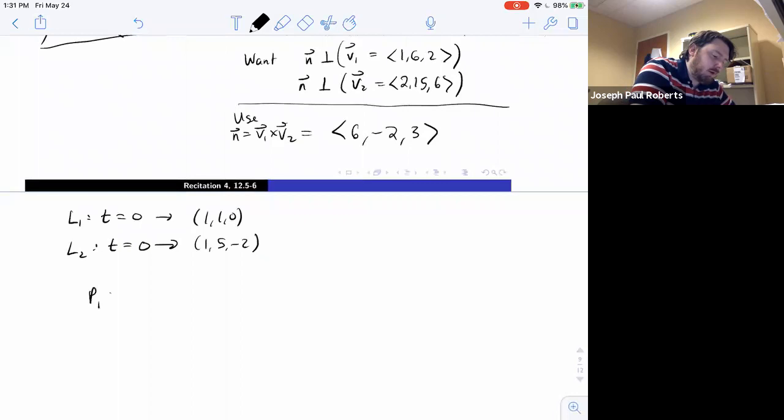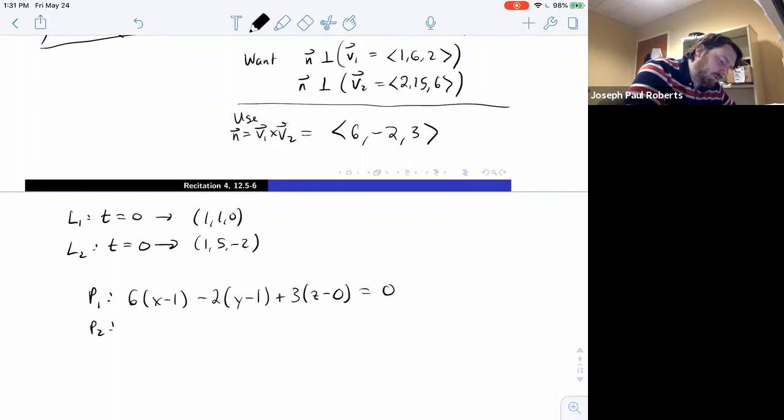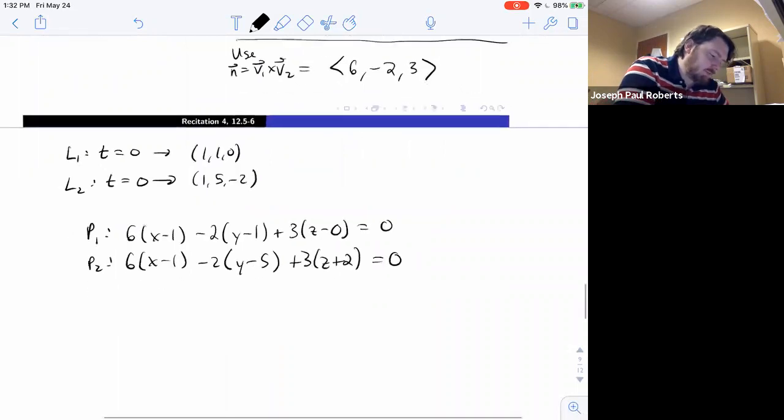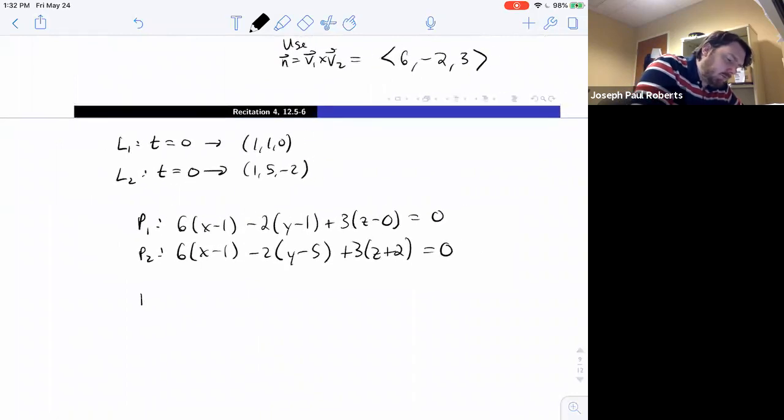And so plane 1 has equation 6 times x minus 1 minus 2 times y minus 1 plus 3 times z minus 0 equals 0. And plane 2 has equation 6 times x minus 1 minus 2 times y minus 5 plus 3 times z plus 2 equals 0. And so you could then simplify it to plane 1 is 6x minus 2y plus 3z